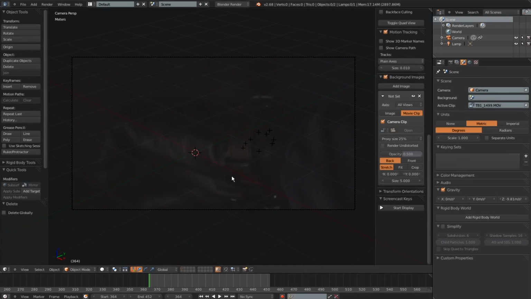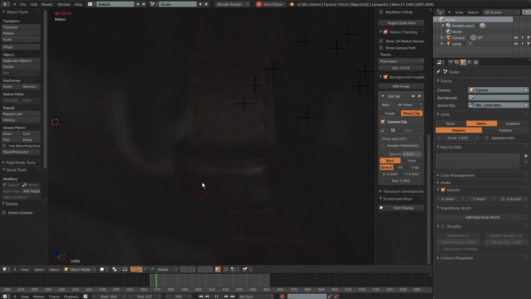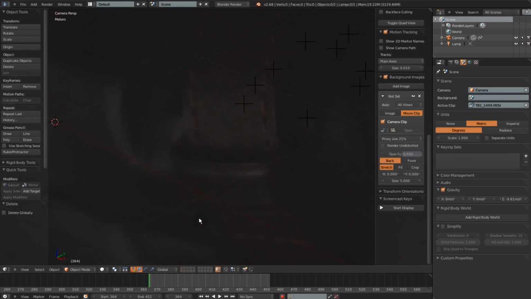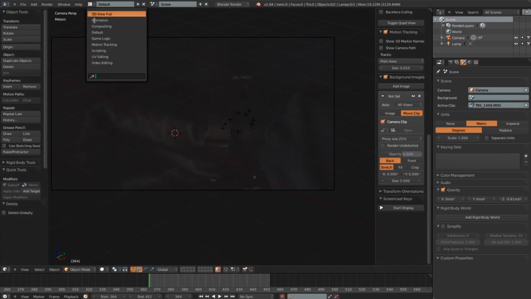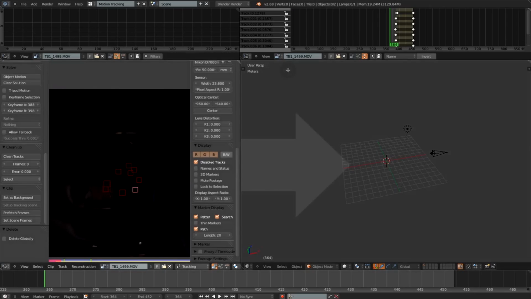Now just hit Alt A to play, and you can see once it is tracked, the points really line up nicely. They all seem to be moving, they don't seem to be drifting at all, so that is quite good. Now to check this, head back to the motion tracking tab,